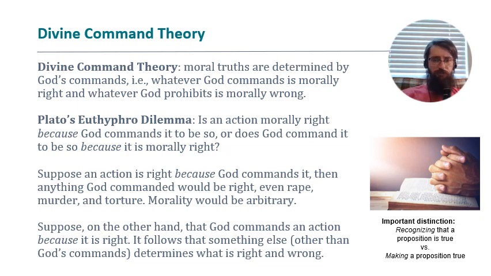Right? So we're going to talk about other examples of ethical theories. Divine command theory is an example of an ethical theory, and it's just one example, but we're going to look at lots of examples in this class. There are other possible explanations that could be given for what makes anything right or wrong. So for instance, according to some theories, something is wrong just in case it harms somebody else. Or something is the right thing to do just in case it brings about the most happiness in the world and the least amount of suffering. That's another kind of potential explanation for what makes something right or wrong. Right? That's a different kind of explanation from divine command theory.